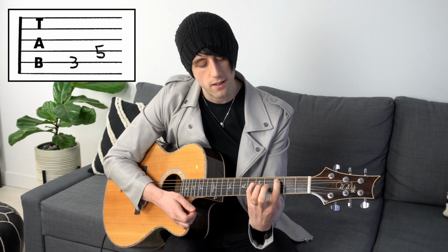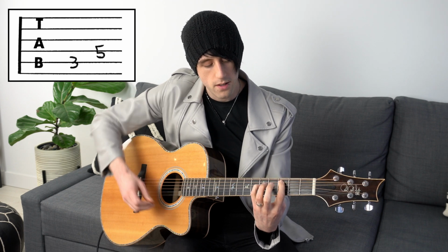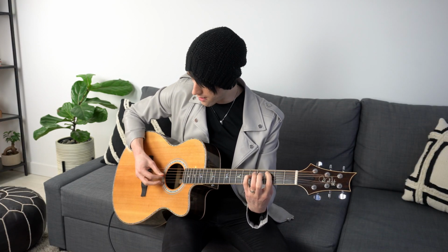We're going to start with our first finger on the 3rd fret of the A string, and then we're going to play 5th fret on the D string. Now I like to play the 5th fret with my pinky, but you might prefer to play it with your ring finger. Experiment and see which finger feels best for you, but I'm going to use my pinky. So we got 3rd fret, 5th fret, and then 3 open strings. And then the picking pattern we're going to do for that is